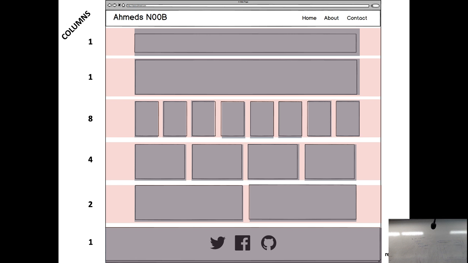Any questions on this? You guys getting the concept? Is it always rows then columns? It is always rows and columns. And we'll get more technical, and I'll show you some of the rules. It's grid, rows, and columns. I'll get to that. Okay.